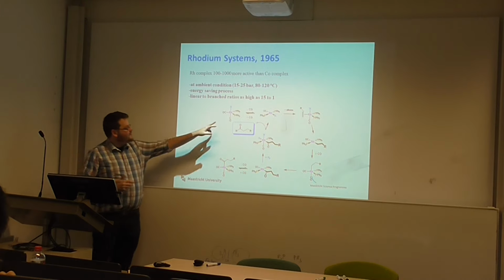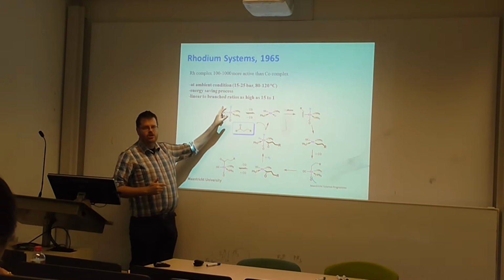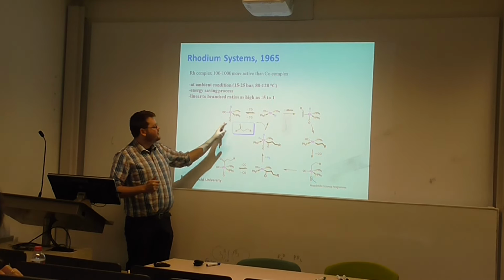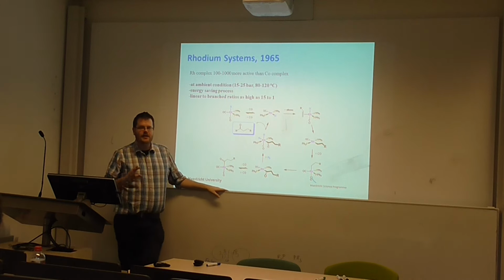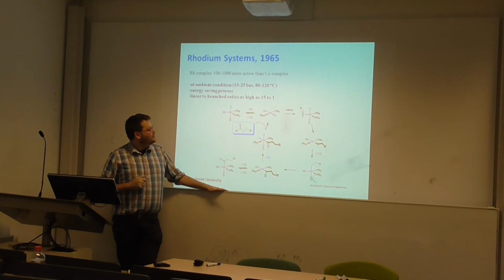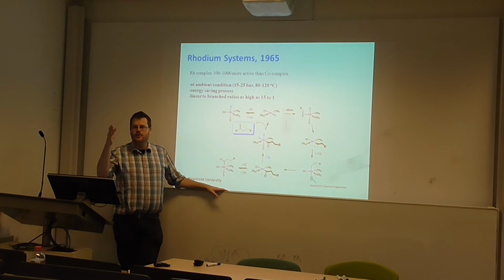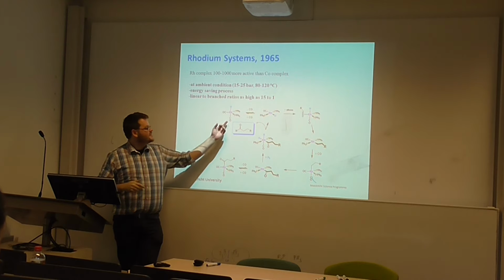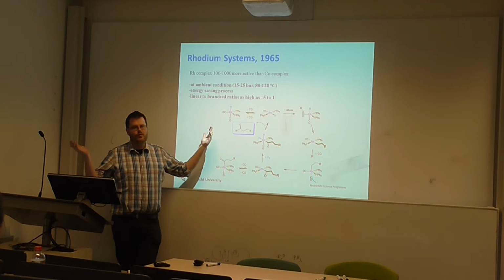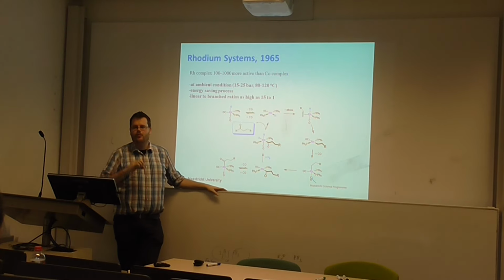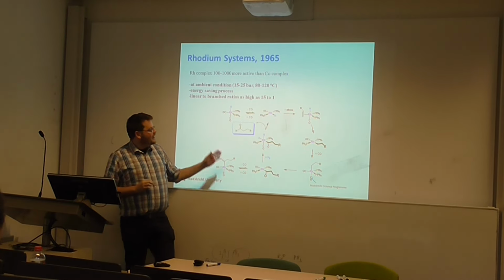Now, this complex over here is something you can actually buy. It's a yellow, crystalline compound. This is a great pre-catalyst for rhodium hydroformylation. And of course, with cobalt it was Co2(CO)8, that was the pre-catalyst. Here with rhodium, this is an example. You have many other rhodium sources, but this is a classic example of a rhodium hydroformylation catalyst. And the mechanism is exactly the